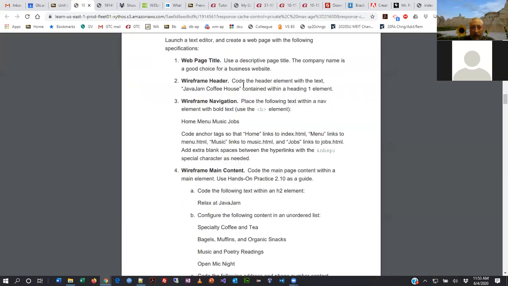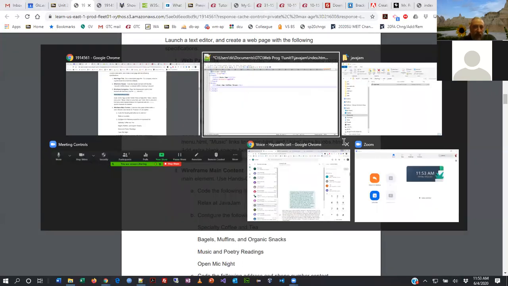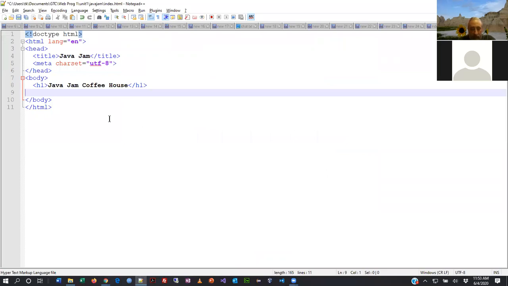All right. Code the header element with the text Java Jam Coffee House contained within a heading 1 element. So it tells you which one to do. Place the following text within a nav element with bold text using the B element. Okay, so I want you to take all these words. I'm just going to copy them. Why not? I'll paste them onto the page,